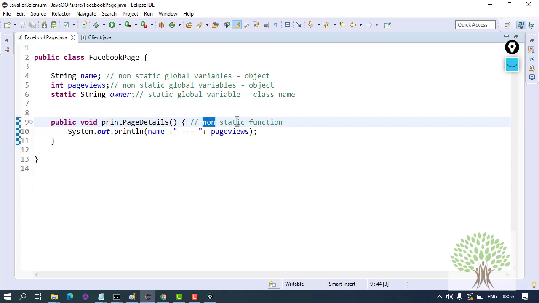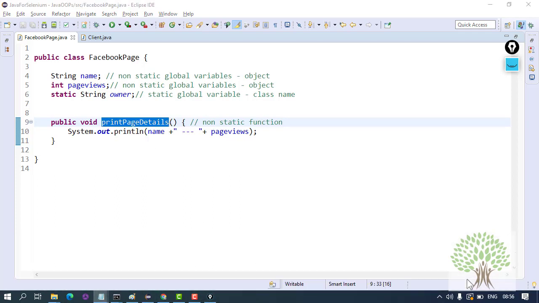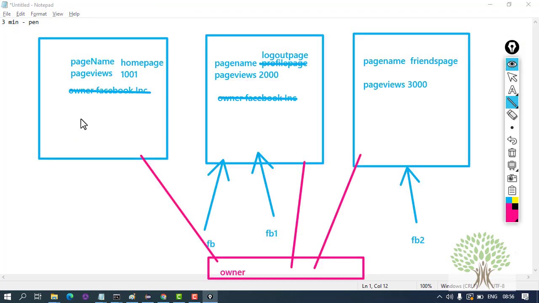Inside the non-static function, I am accessing two non-static variables, and I am printing them. Now print page details is a non-static function. It will also become the part of every object.